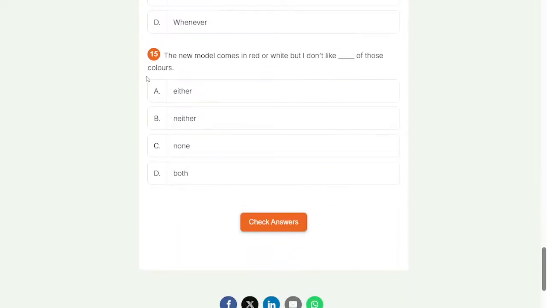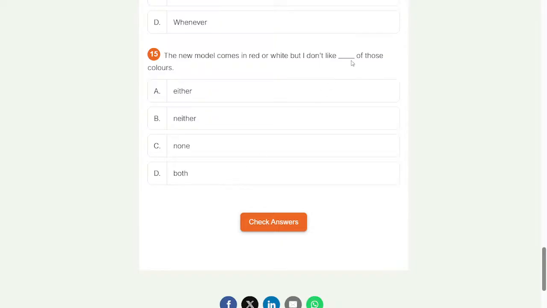15. The new model comes in red or white, but I don't like all those colors. So we don't like both of them. I don't like both of those, but I don't like both.